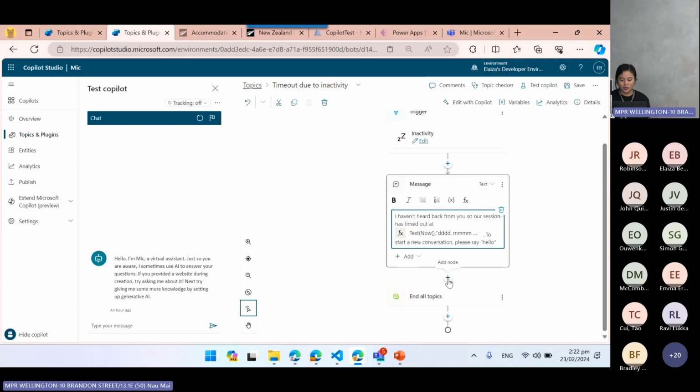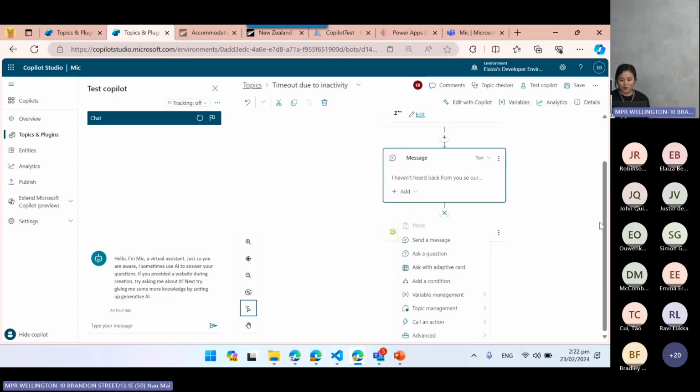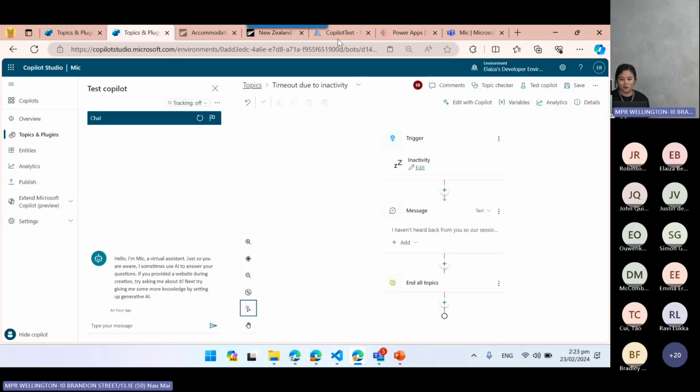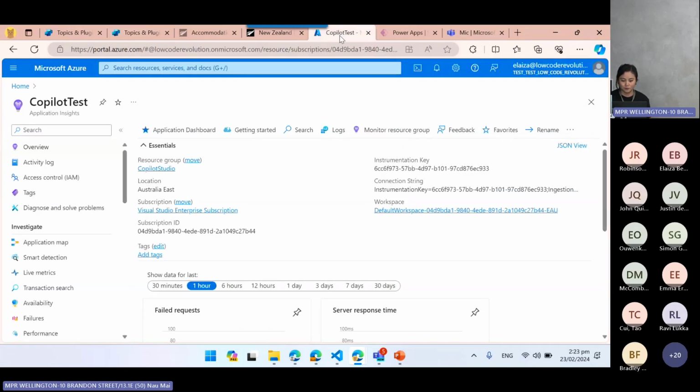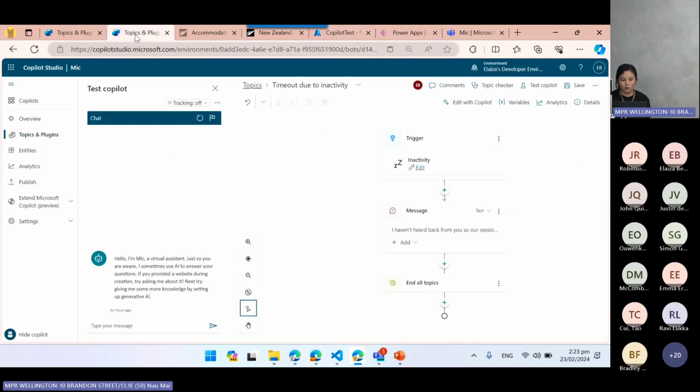But what I'm going to do next is show you how to add a custom telemetry event for App Insights. When I click the plus option to add a new node, under Advanced, there's the option called Log a Custom Telemetry Event. Before you do this, you do have to set up your Application Insights in Azure. In your Application Insights, there's a value called connection string. What you need to do is copy this value, and back in Copilot Studio, you want to go to Settings,